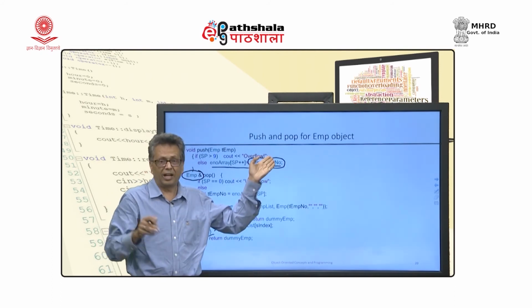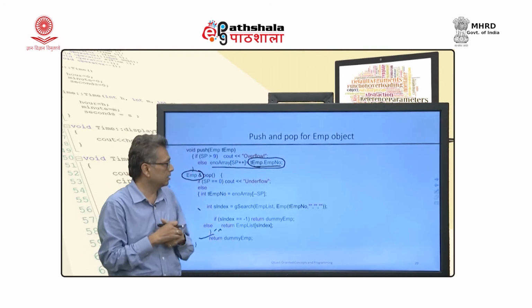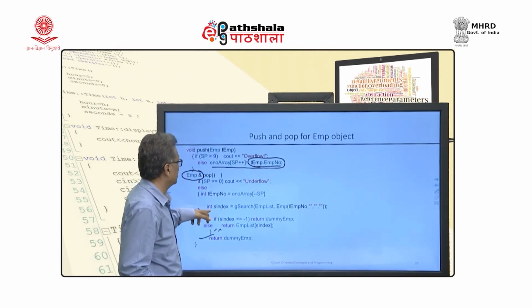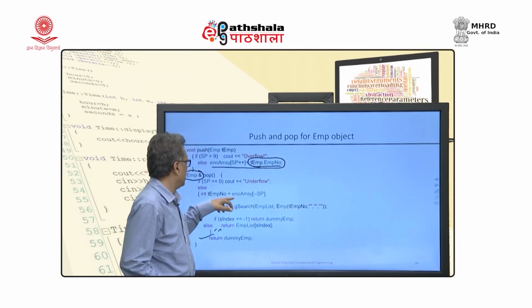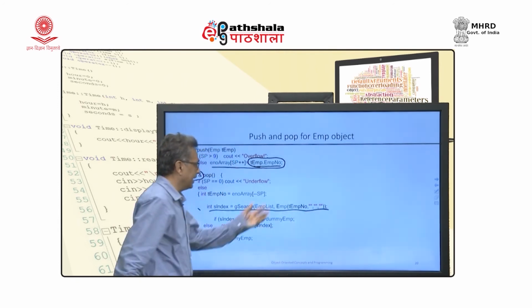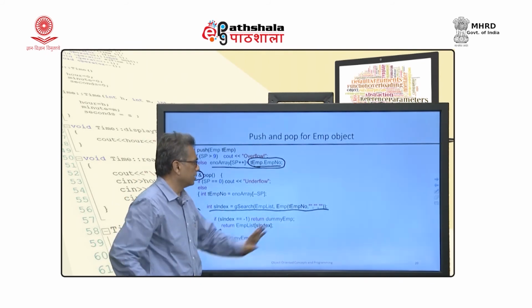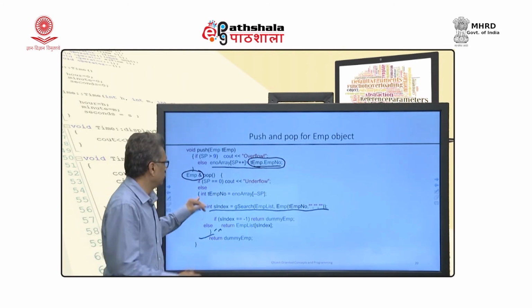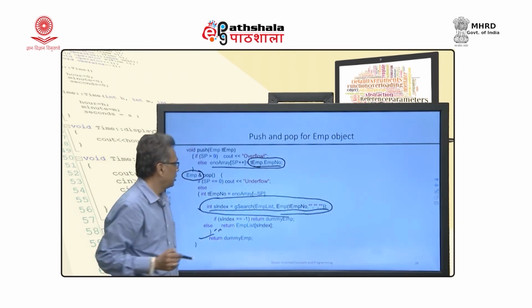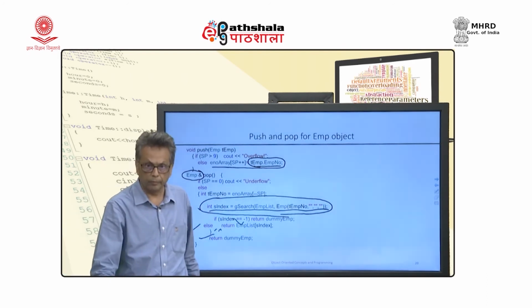I will not be in a position to access that private member if I am not a friend. So, this class being a friend can access that, otherwise it will not. And here also, it will just look at that employee number. It searches for that employee number. If I get that, it is just fine. If I do not get it, I will return the dummy employee. This is the process, and I am using this G search again. Why? Because whatever is popped out, I will have to search in the list and get that employee object, which I already talked about.